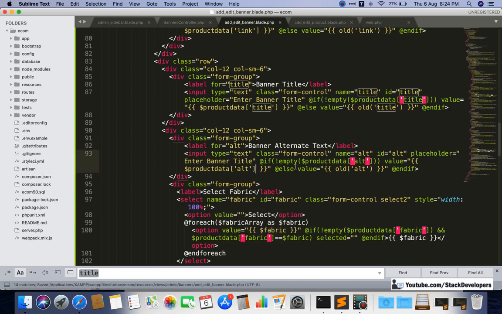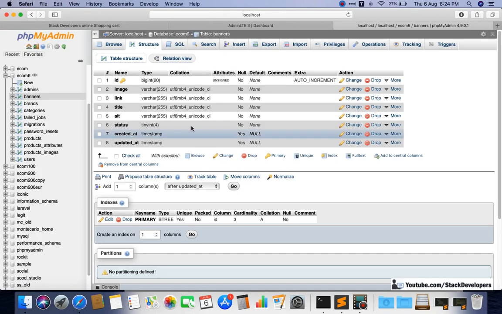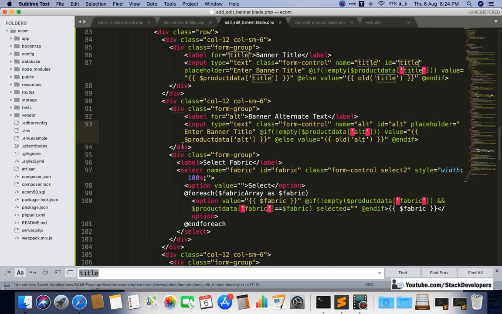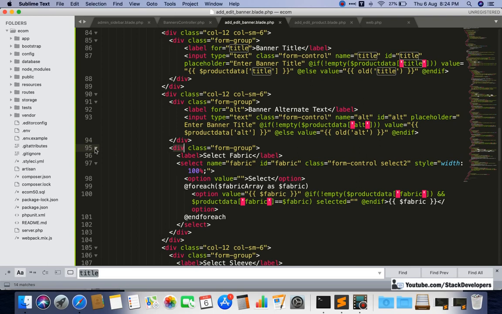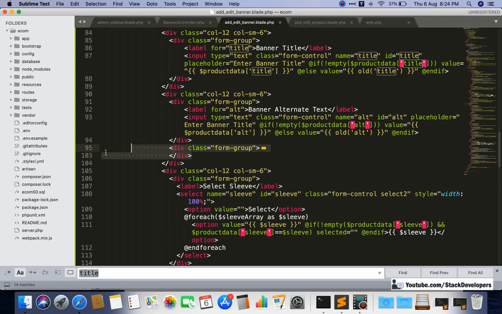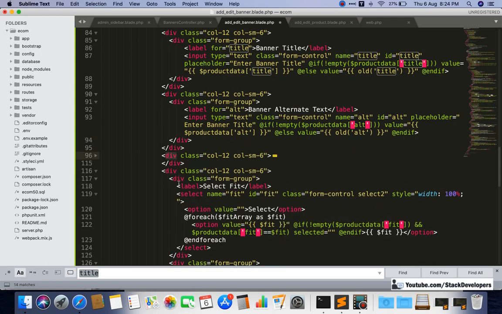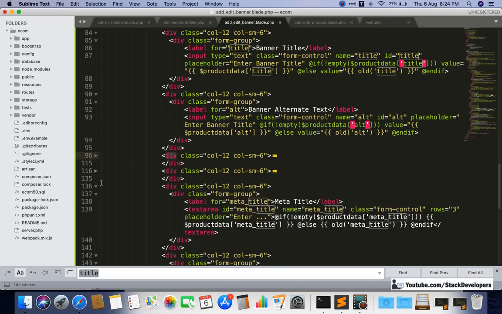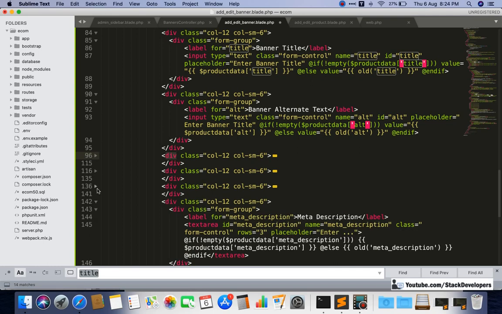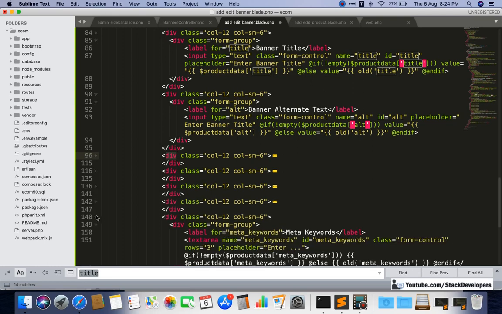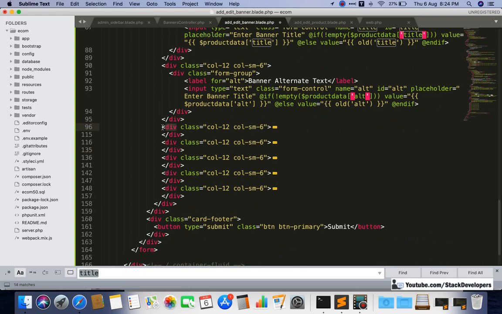Okay, so this one like this, and after this one, from group, this one we can remove, and sleeve also we can remove, fit also we can remove, meta title also we can remove, meta description, meta keyword.